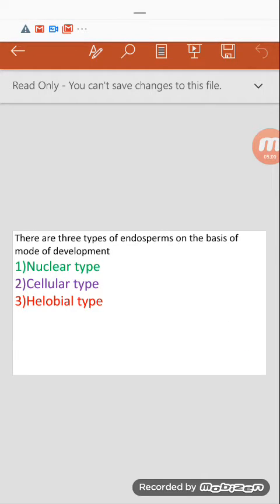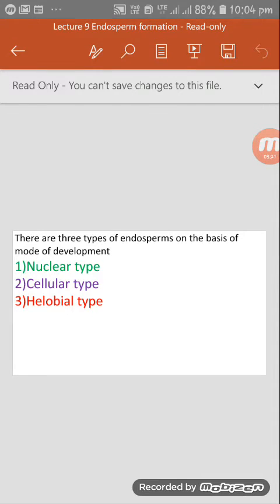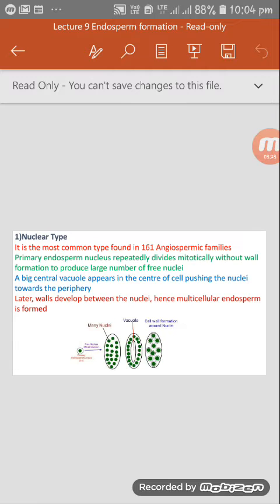There are 3 types of endosperm on the basis of mode of development. These are, first one, nuclear type, cellular type, and helobial type. Let's see the first one, nuclear type. It is the most common type found in